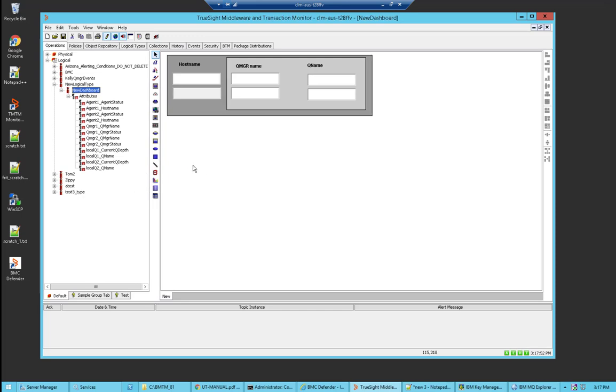I can go ahead like this and I can say, here's my agent 1 host name. And then I'm going to click my agent status. Okay, that's the queue manager 1 queue manager name and queue manager status. And then Q1, here's my current queue depth, and here's my queue name. So as you can see now, for this particular object, we have all these things reporting to us in live